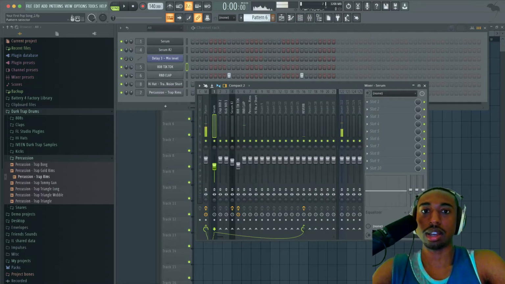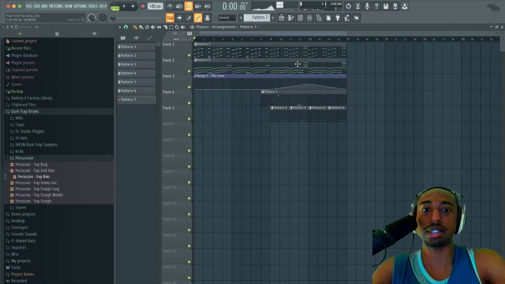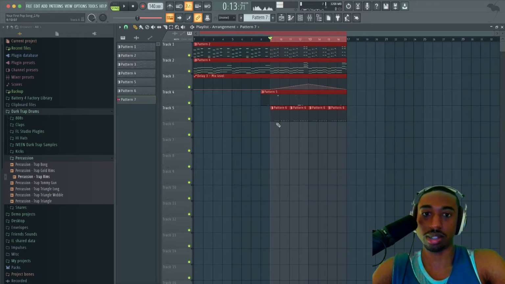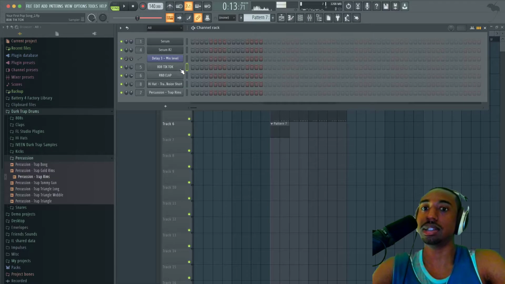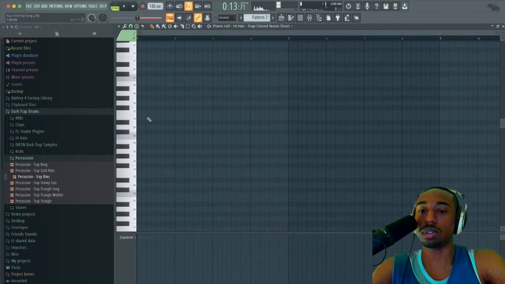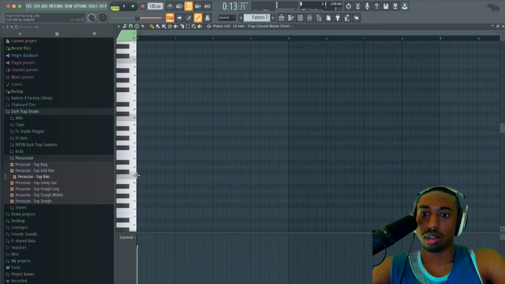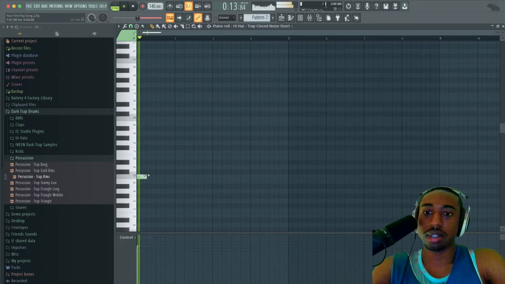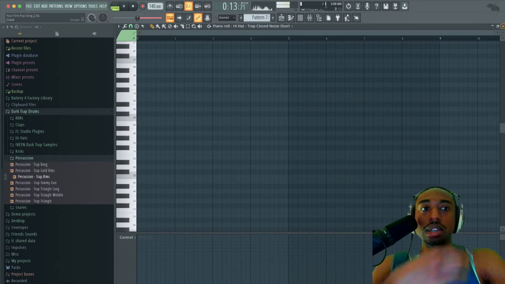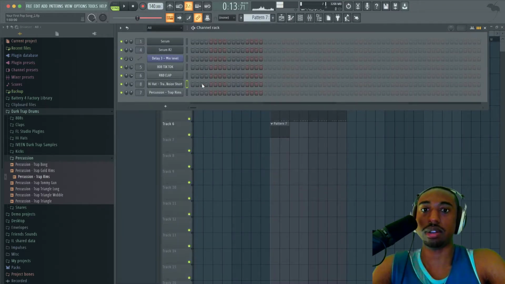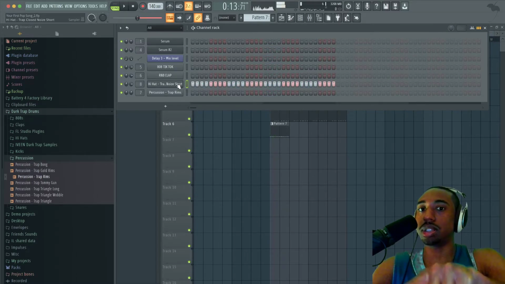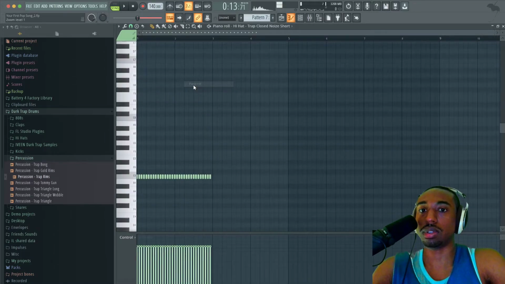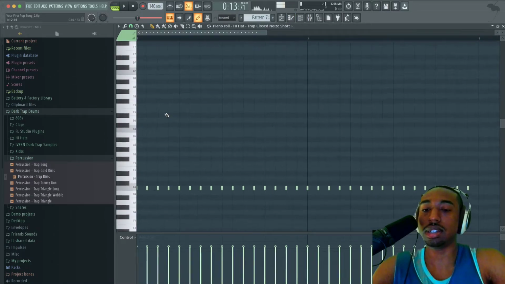How could I forget the hi-hats? The hi-hats need to be going crazy. Okay, so right click, go to piano roll. Drag it out. So the only thing here is we gotta draw it out first because it's easier. So notice it's all the notes, it's all the gaps.